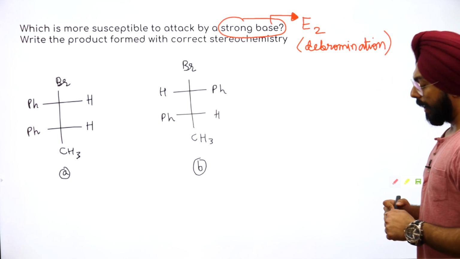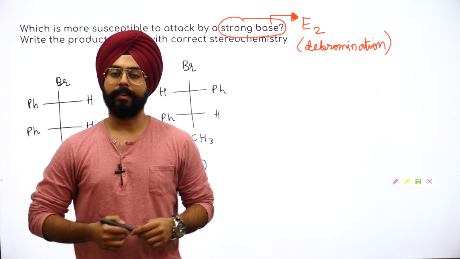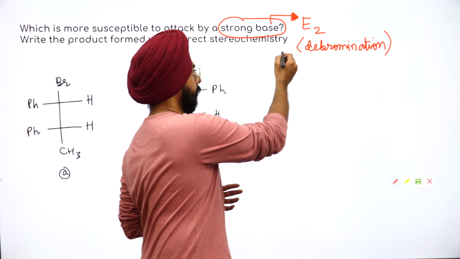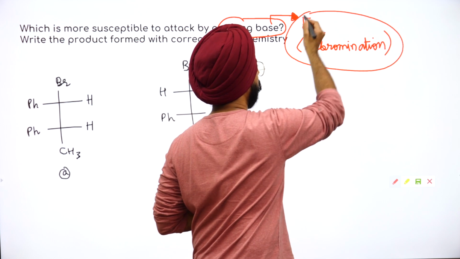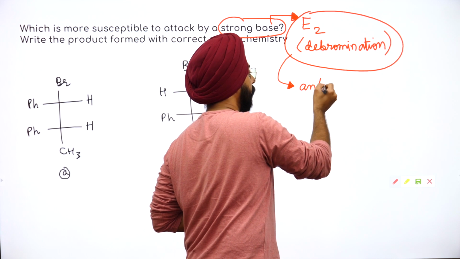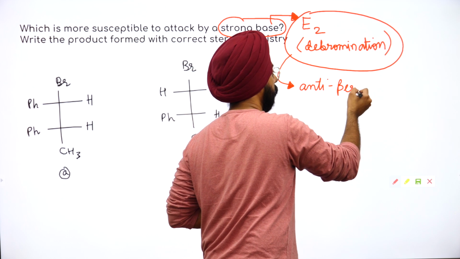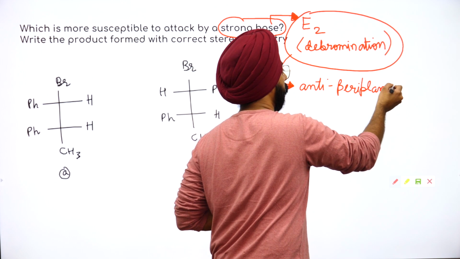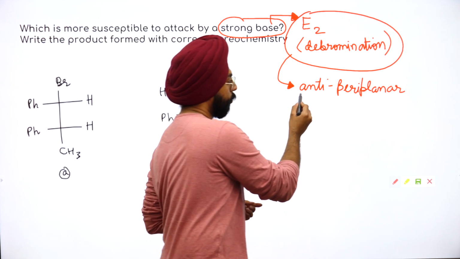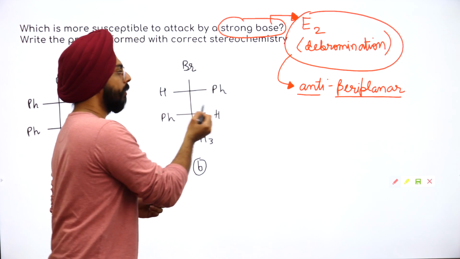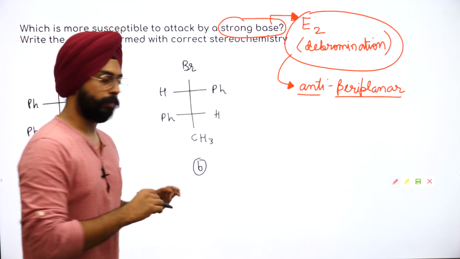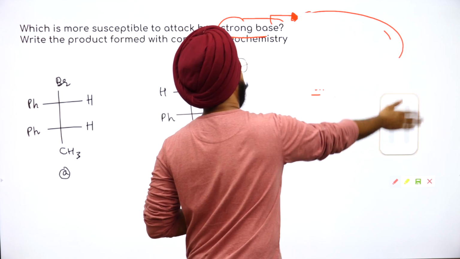Yes. Now people, I am sure you have studied the transition state of E2 and you must have learnt this, that the transition state in this case comes from an anti-periplanar geometry. ठीक है people, this is advanced preparation, hence I am going into such deep details. Anti-periplanar geometry of bromine with the hydrogen that is leaving. Let's try to make it and then I will explain. ठीक है, please remember E2 debromination, anti-periplanar.